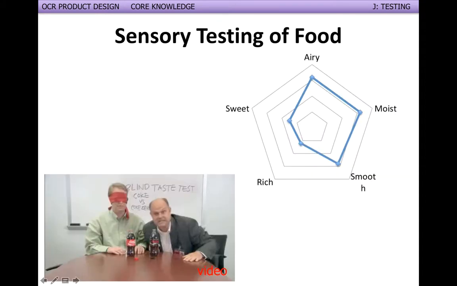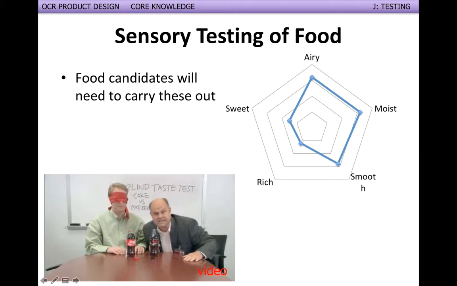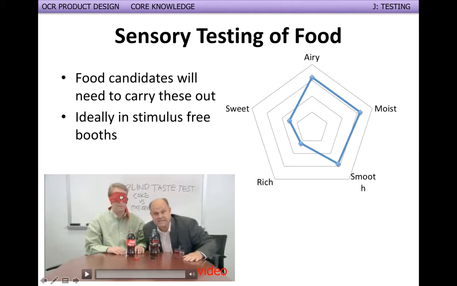If you're testing something like food, it's a little difficult though. You need to test food in a completely stimulus-free environment, so whether that's a blindfold, a dark room, with no sounds, no smells to interfere with it. And how you'd measure it is you measure certain qualities on a scale. So this is sometimes called a star graph. It uses pentagrams, and if you think of each level of these being like a